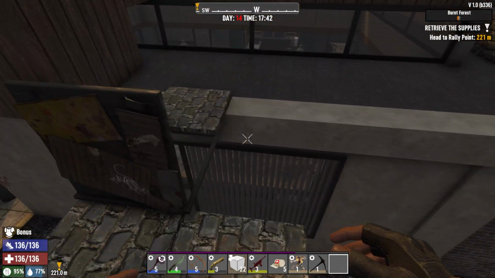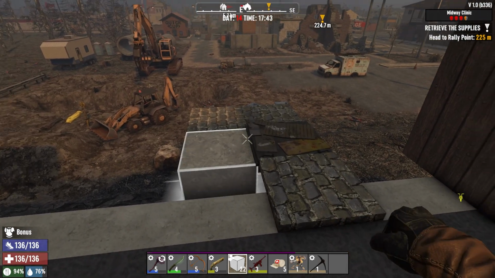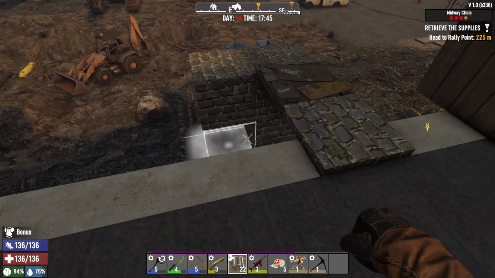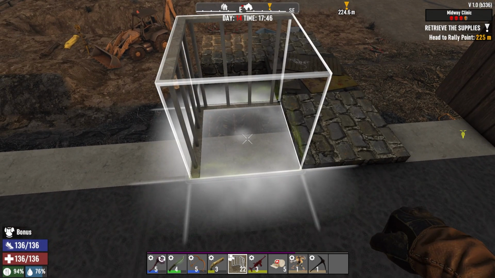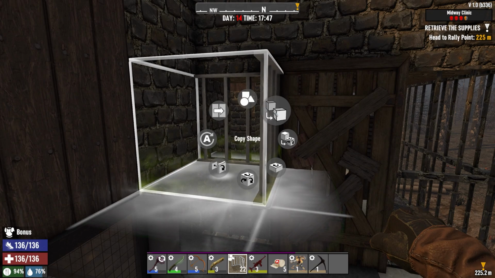The zombies are going to get blocked right there. If I really wanted to be a jerk, I guess what we could do is we could take these guys right here and we could copy that. Oh, that's kind of fun. I didn't mean to grab that one. My bad. We could do...